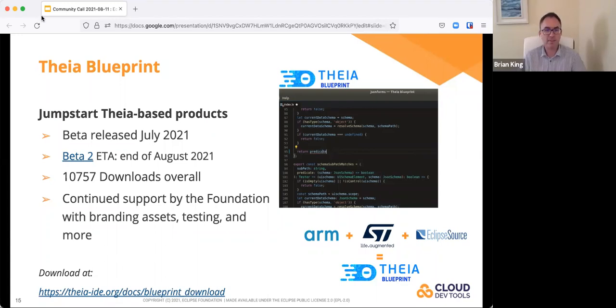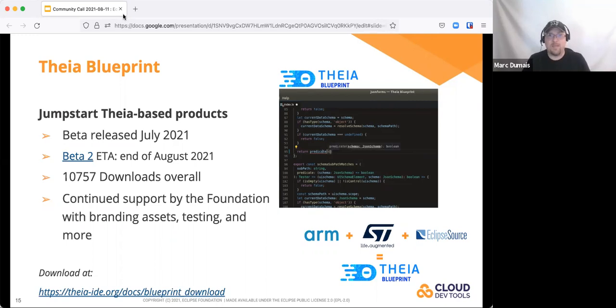Go ahead. Okay. One of the most exciting things: Theia is a framework, and a framework can be a bit dry. But what is nice is to have some nice application that you can build from the framework. And Theia Blueprint is turning into one of these. Many companies are contributing to Blueprint to make it, in my hope, maybe the first open source Theia application that gets traction out there.